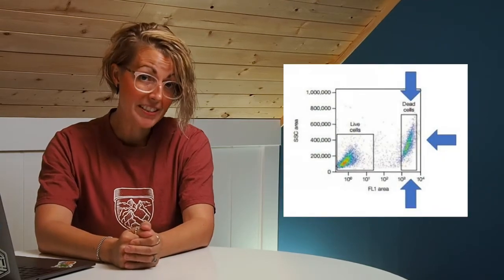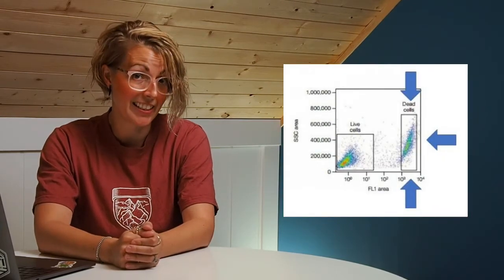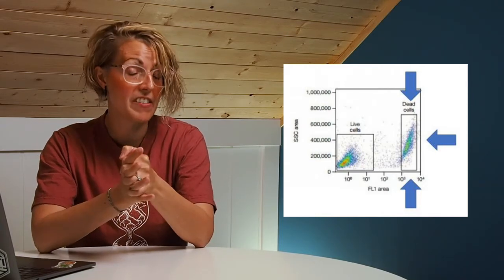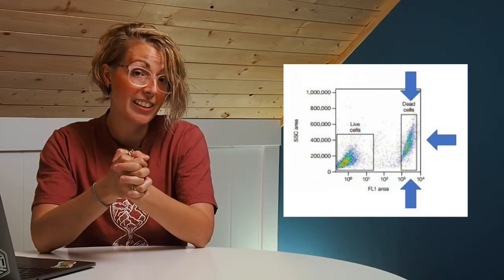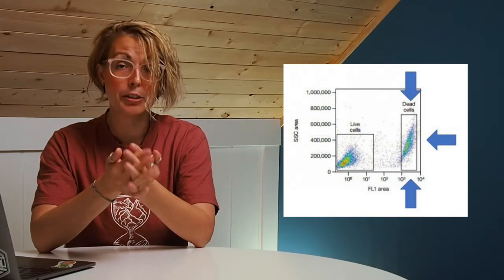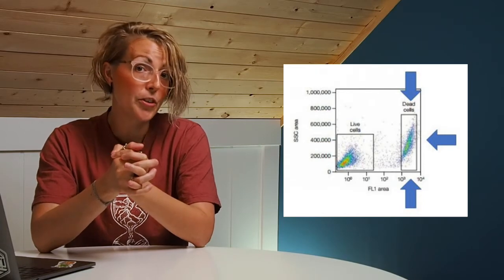When working with a viability dye, ensure that your compensation control has some dead cells in it. Like I said previously, you need enough positive events and negative events to have accurate compensation. If your viability dye compensation sample is all alive, you'll be lacking the dead cells in order to have this accuracy.